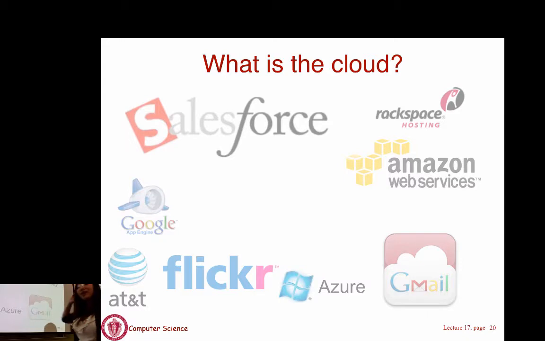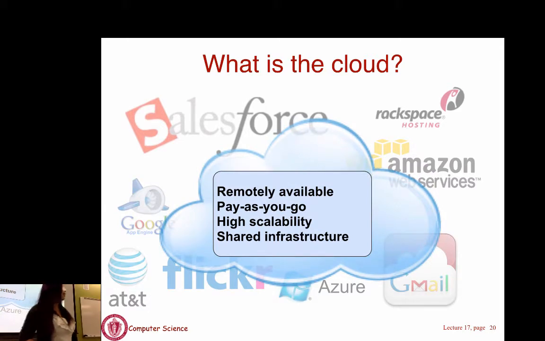All these companies are very high-profile companies that offer cloud services. They're different, but they all share four very common characteristics in order for them to be providing this cloud service. So cloud has to be remotely accessible. It's not hosted somewhere very close by. Although Hollywood is close by, it's not that close by. You still need to use SSH or whatever to remotely access it.